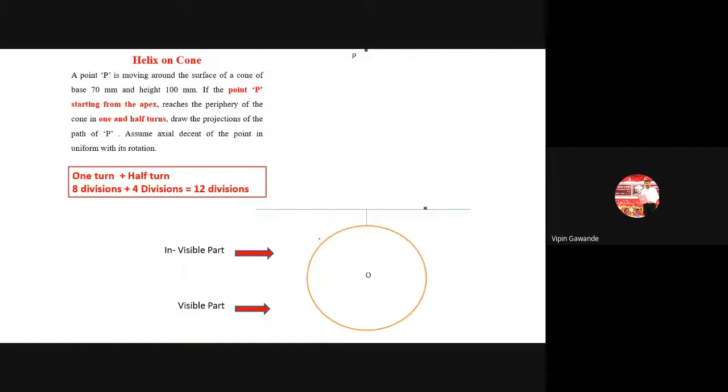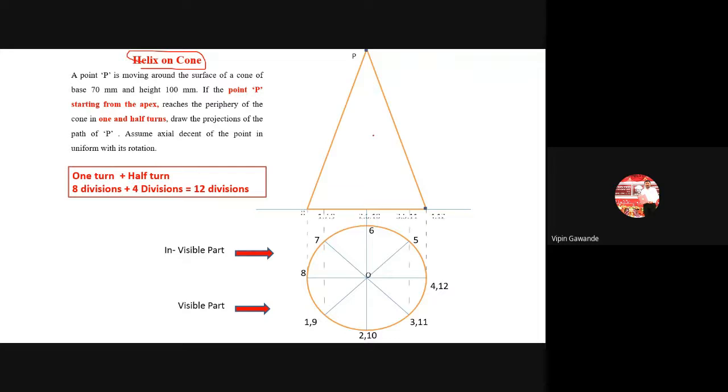After that, we solved the same problem using the cone. Here also we did the same thing. We first drew the top view, which for the cone is a circle, then the front view. We divided the circle into 8 parts, and we divided the cone into 8 parts also. We transferred the projections upward and started the divisions from the top.